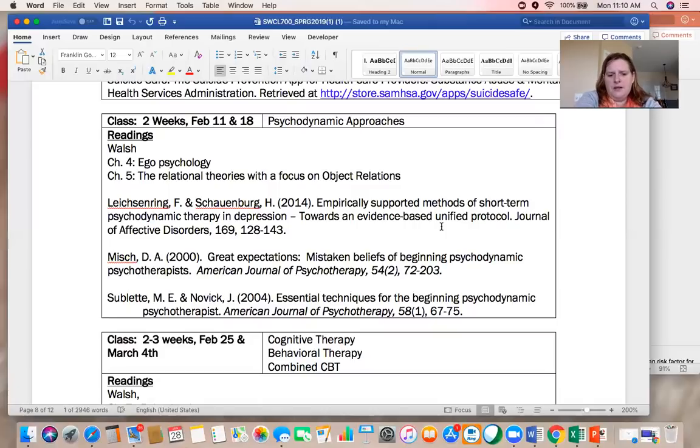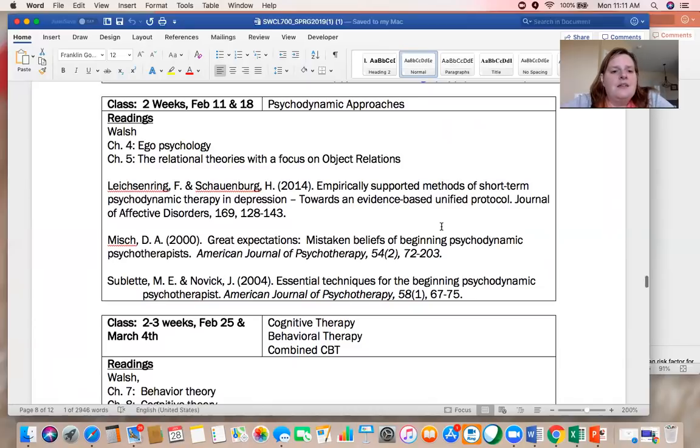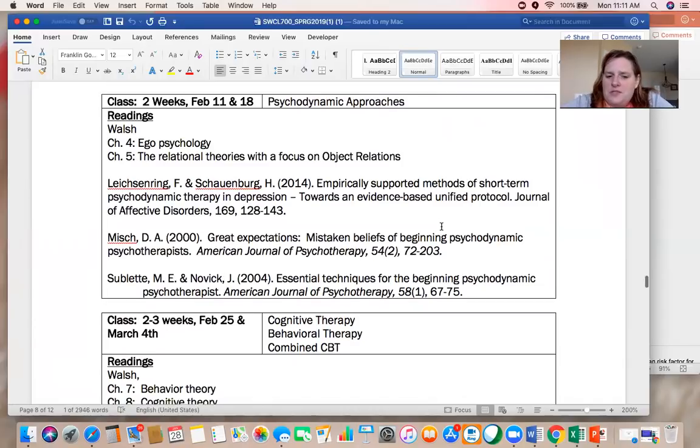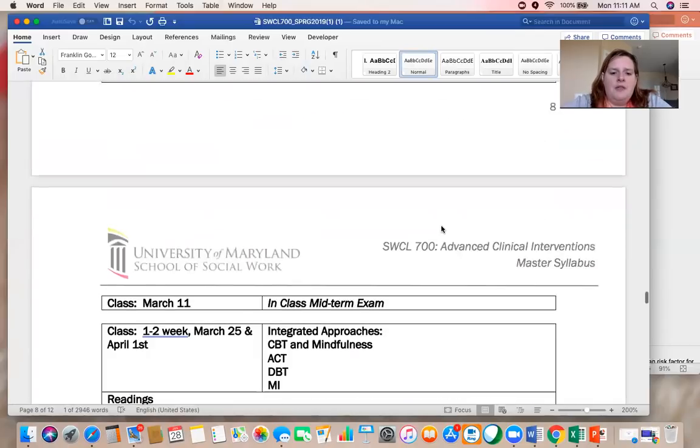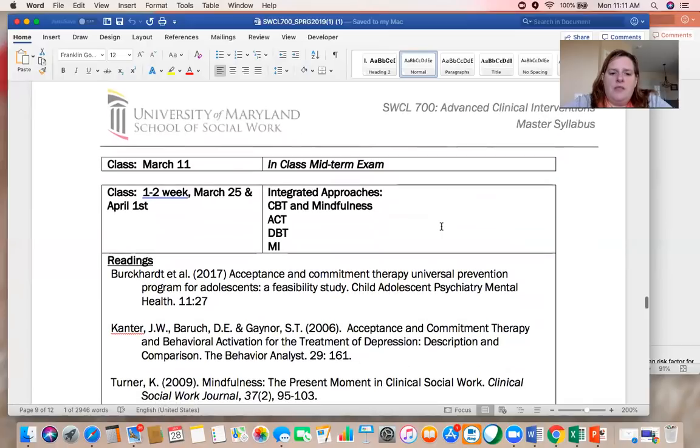But if for you that does not work, I absolutely understand. I won't take it personally if you need to switch to a different class that will meet on ground and not have this little hiccup in the road. So again, there's a chance that that won't happen, and that would be fabulous for me and fabulous for you. But in the event that it does, and these don't work for you and you don't like this format, then please let me know or talk with the registrar, and we'll see what we can do to accommodate you. That being said, I will be there next week, and we will go from there and see what's happening. Okay. All right. So then we'll have our midterm, and then we will from there start talking about more